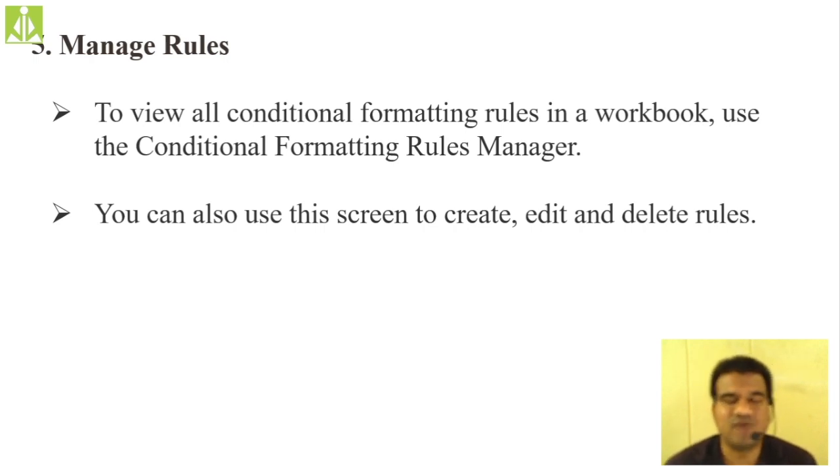Because if you have applied 3 rules, it will list 3 conditional formatting rules over there. From that, the one which you don't want, simply delete it. Applying clear rules will clear all 3 formattings, but we want only one to be deleted. That we can achieve with the help of manage rules. So editing is one part, deletion is another part, and using that same manage rules window, you can even create new rules. Creating, editing, deleting, three things you can do with the help of this manage rules window.